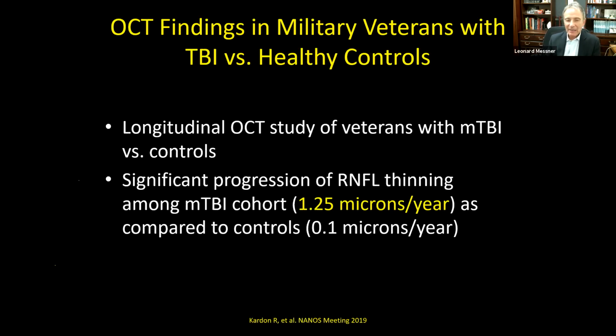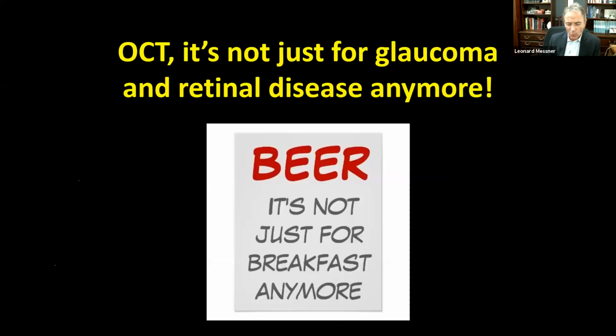But going back to what we now know with MS, what we now know with Parkinson's disease, what we now know with Alzheimer's dementia, is that there certainly seems to be this potential for retrograde degeneration. It may be that that's what we're looking at in the setting of these individuals with traumatic brain injury. So with that,